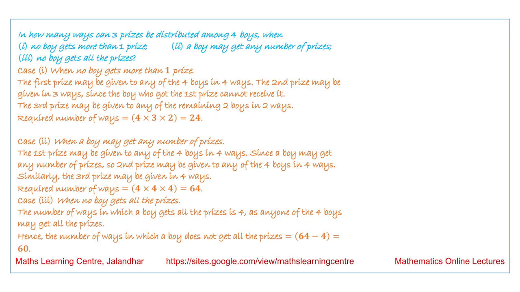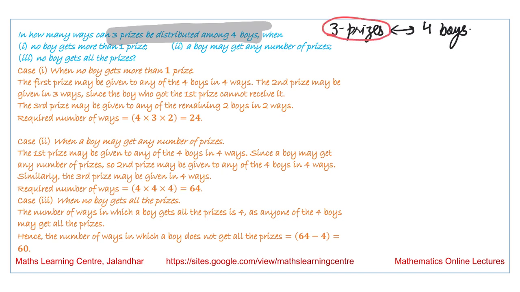Next is, in how many ways can 3 prizes be distributed among 4 boys? So we have the case that we have 3 prizes and the number of boys is 4. So if we are talking about the total number of cases over here, it will be, so one of these